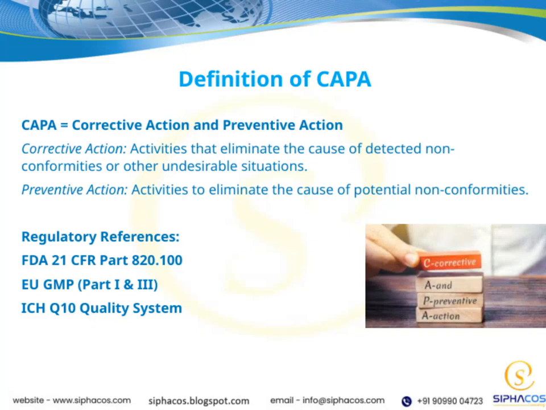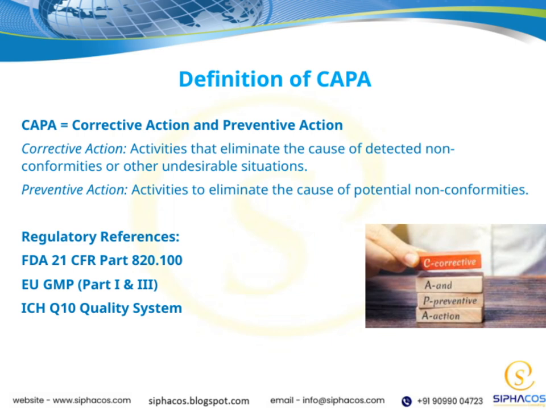Let's start with the definition of CAPA. CAPA stands for Corrective Action and Preventive Action. It's a fundamental part of quality management systems. Corrective action involves activities that are aimed at eliminating the root cause of detected nonconformities or any other undesirable situations. Essentially, when something goes wrong, corrective actions are what we take to fix the problem and prevent it from happening